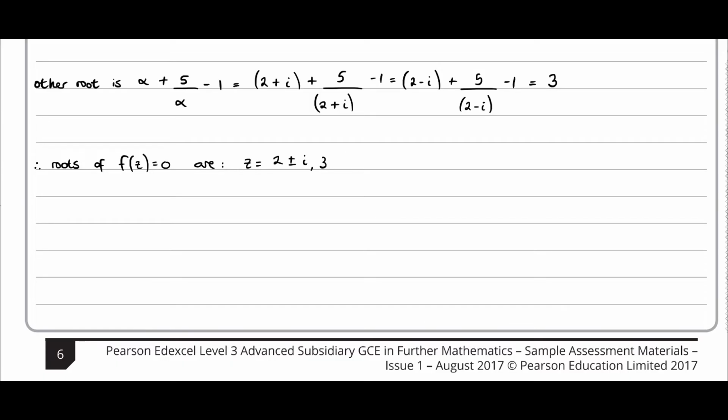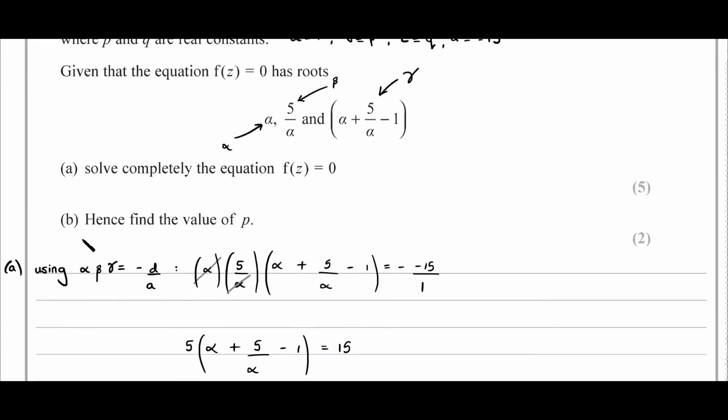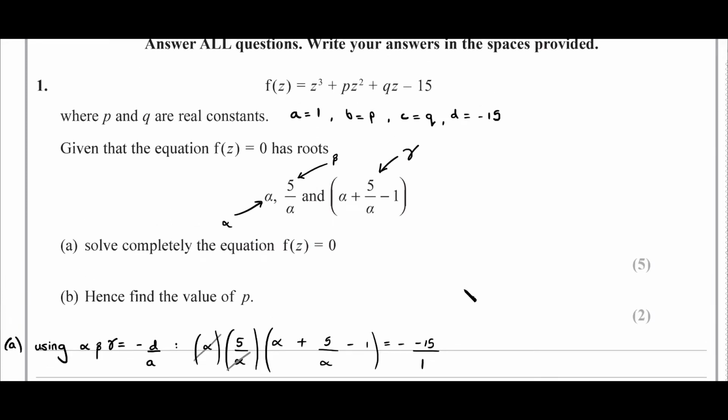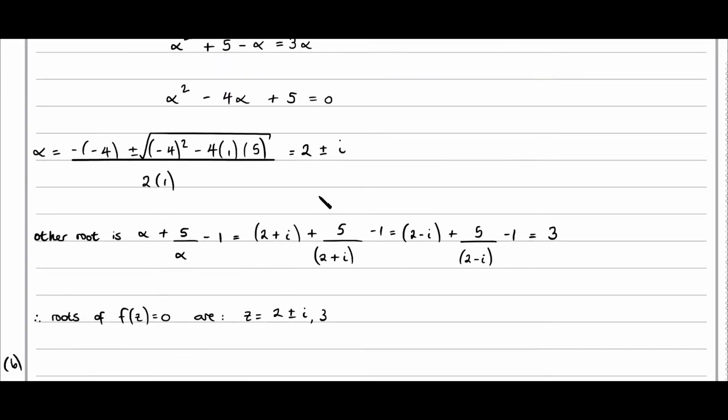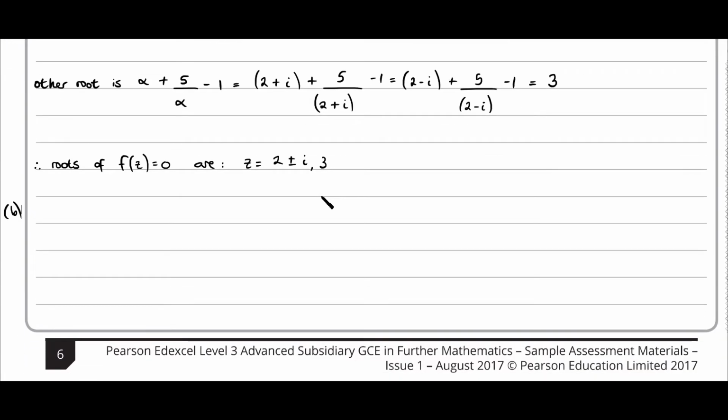Okay, and now for part B, hence find the value of p. Well, we can use the sum of the roots, alpha plus beta plus gamma equals minus b over a. So let's just write that down. Using alpha plus beta plus gamma equals minus b over a,